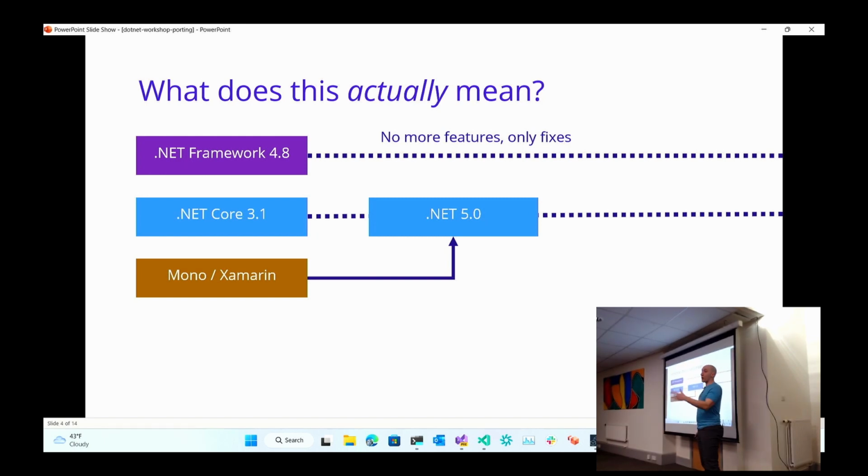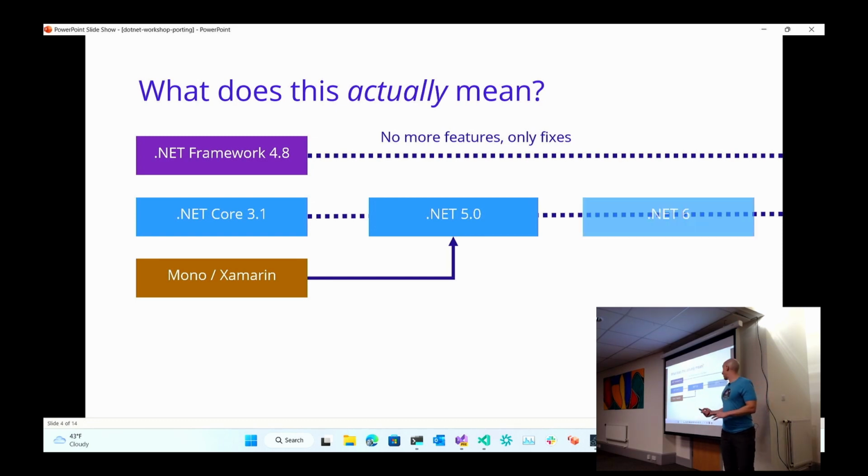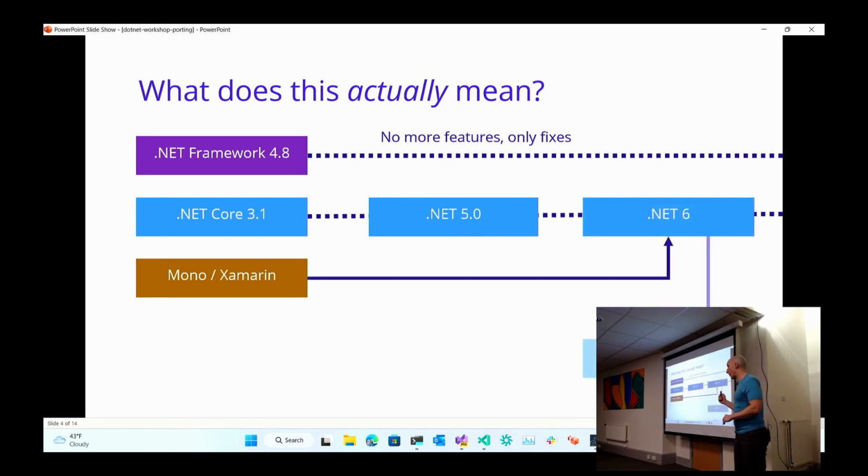So going forward, .NET 5 shipped in 2021? Yes. 2021. Nope, 2020, because odd numbers. Okay. Anyway, so .NET 5 ships, and then the next year, .NET 6 ships, and then in November of last year,